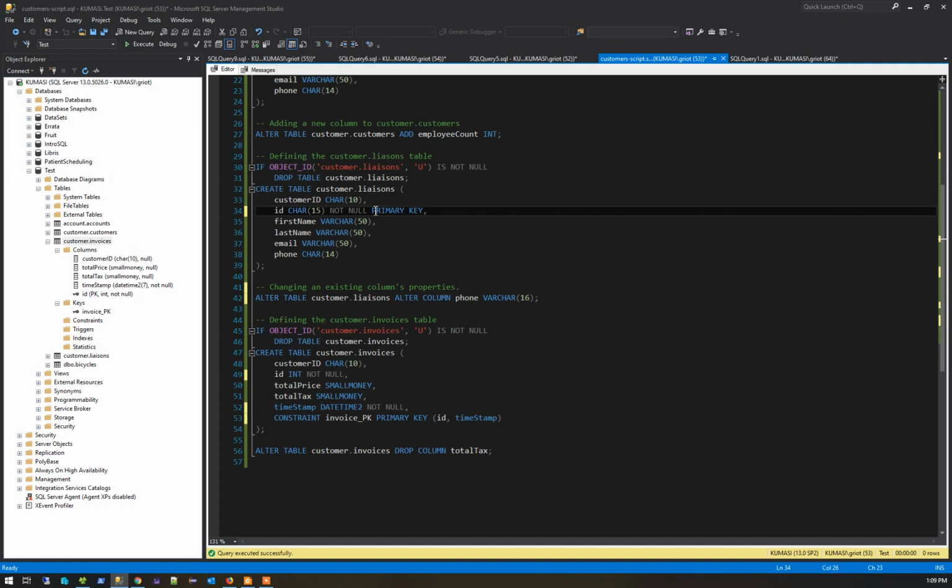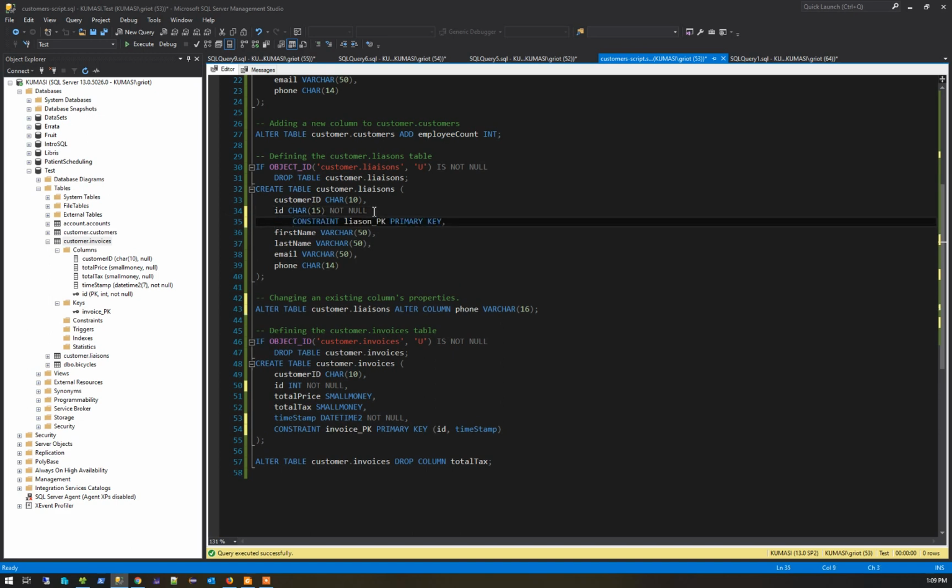So I'll say this is liaison underscore PK. And you see if I do it like this, I have to say what? Constraint. And now when I like to do it like this, you see there isn't the comma, the comma comes over here. And let me set